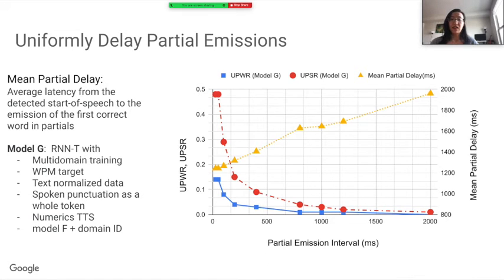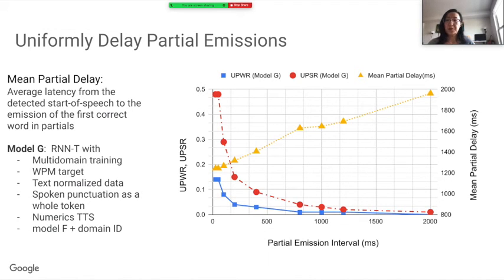And the yellow triangular line is the mean partial delay. Mean partial delay is defined as the average latency from the detected start of speech all the way to the emission of the first correct words in the partial. The absolute value of the mean partial delay does not have a clear meaning because it depends on the length of the sentence, but the comparison of it shows you how much delay the downstream or a user can detect